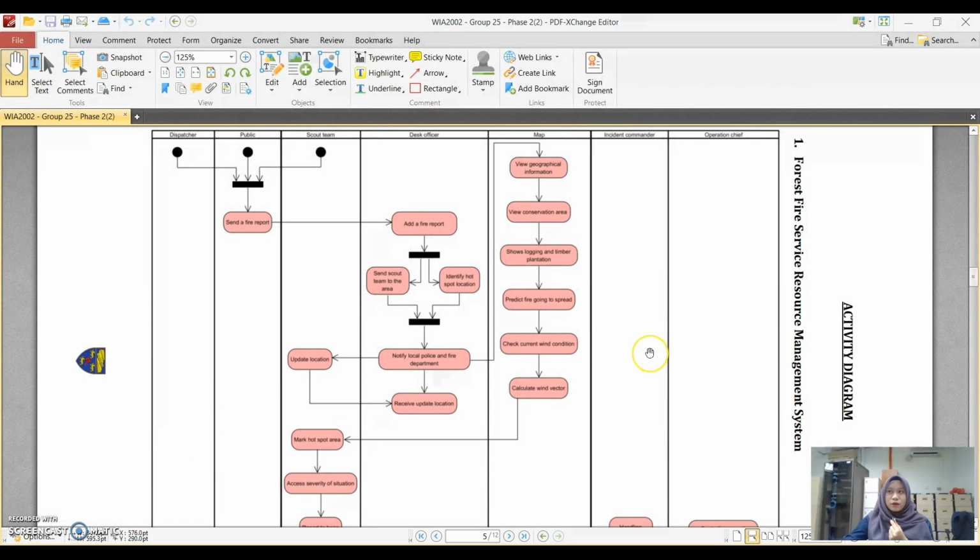For the first one, the activity diagram is the Forest Fire Service Resource Management System. The initial node for our activity diagram is the public, dispatcher, and scout team, who will send a fire report. The desk officer will add a fire report in the system, send the scout team to the area and identify the hotspot locations. Then the desk officer will notify the police and fire department and receive the location updated by the